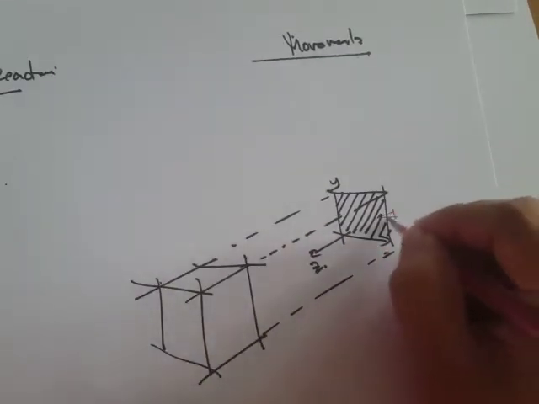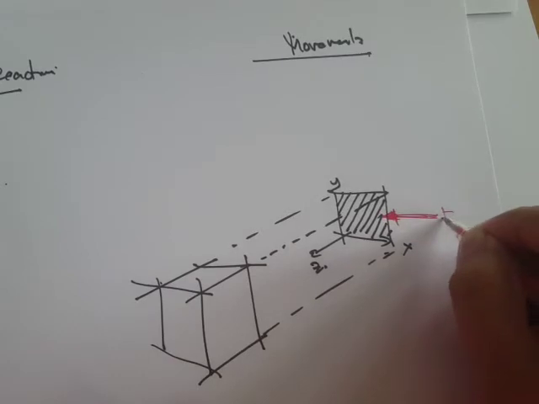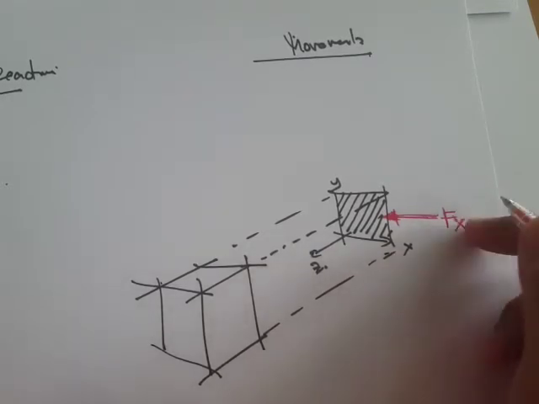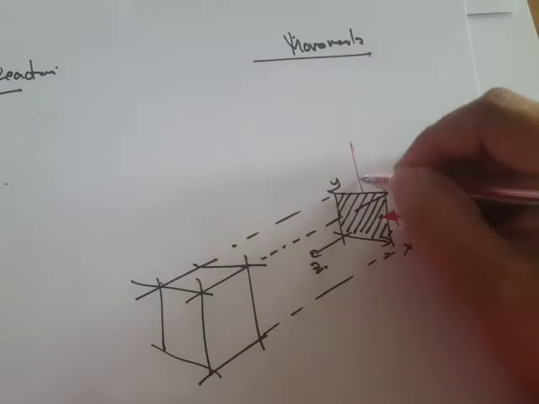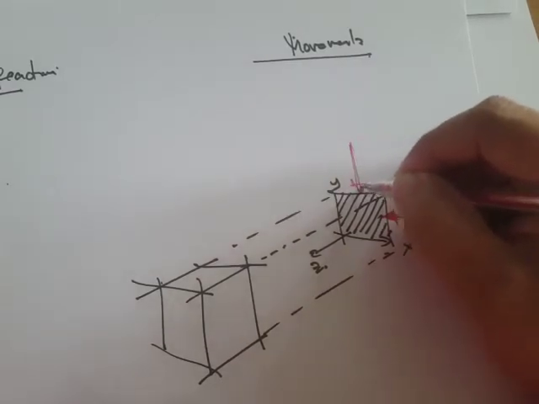So we have forces along X. So let's say we have forces along X. So that's Fx, or it's just a symbol. You can use other symbols, but the point here is there's a support reaction. There's a reaction along the X direction. Then there's a reaction along the Y